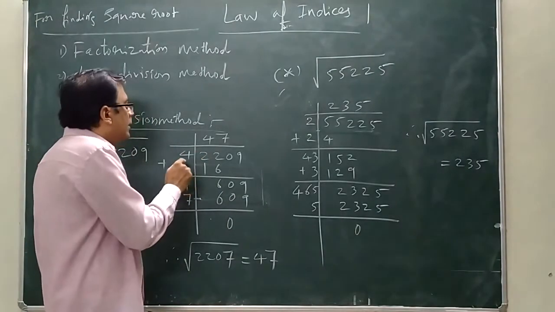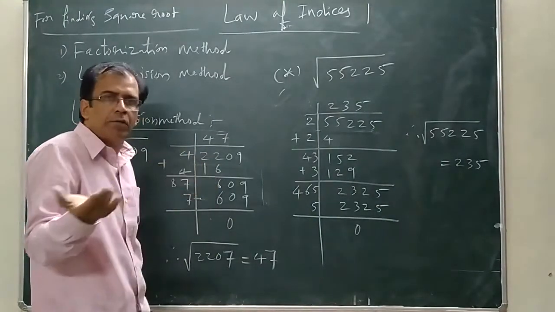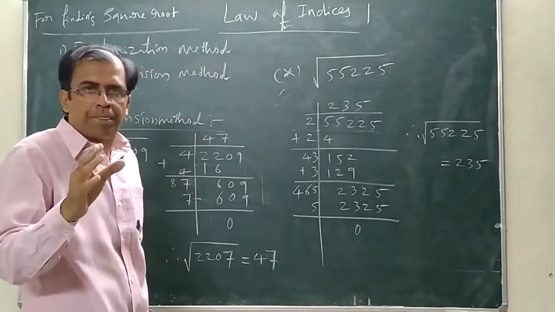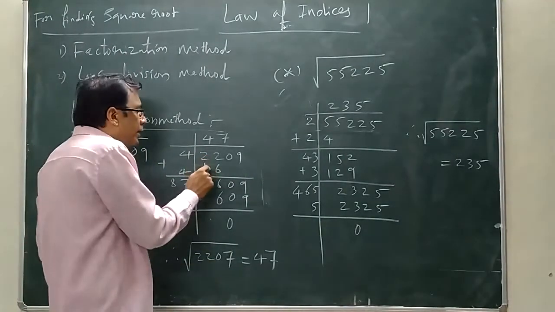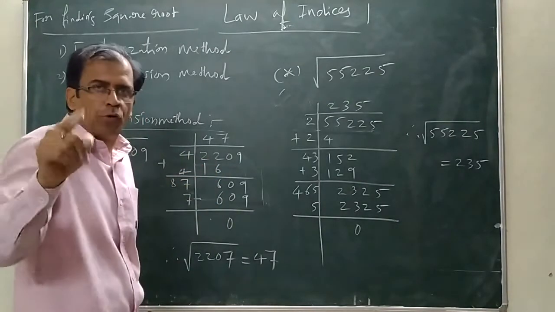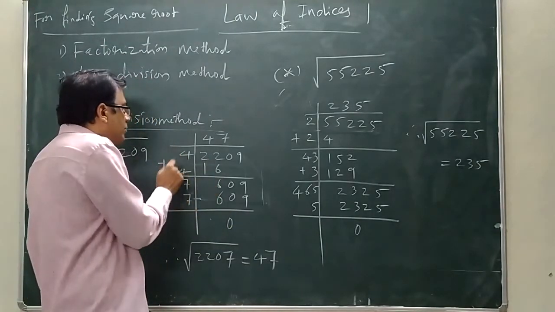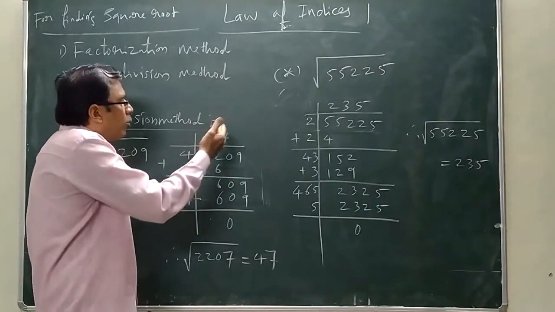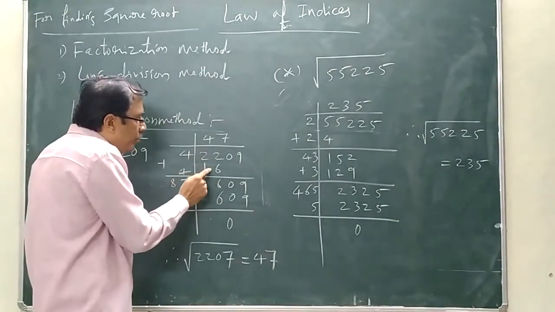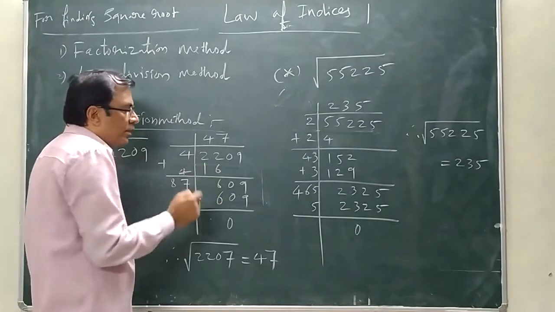The first we have to take is 4 into 4. You cannot take 5 into 5, 25, because it will be more than 22. So that's completely wrong. You have to take less than 22 that is closest, so you have to go for 4 into 4 only. That becomes 16. Whichever number you take, you write it above the line. That means 4 you have taken, just write 4 here. In 22 you subtract 16. How much remains? Only 6 is left.